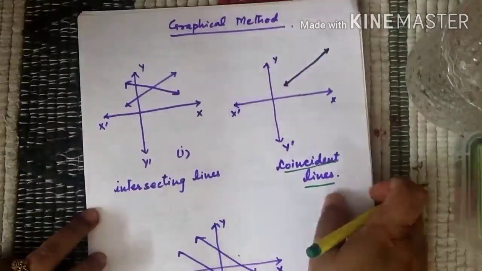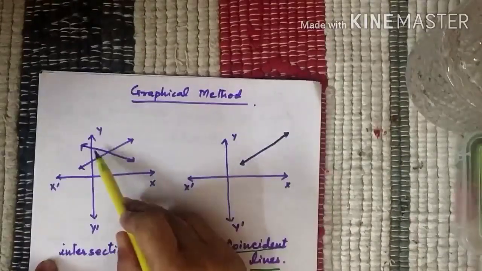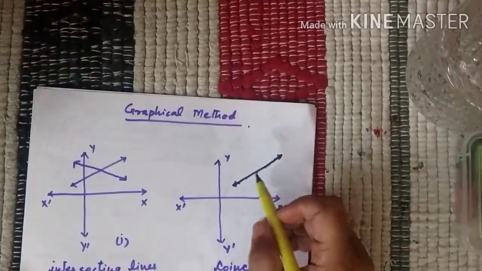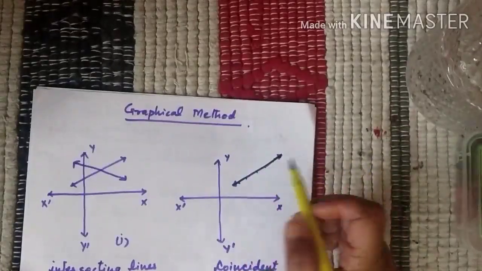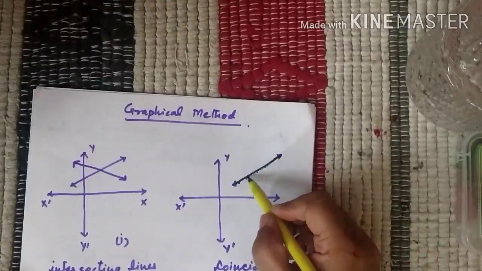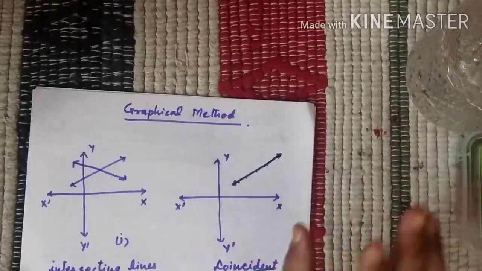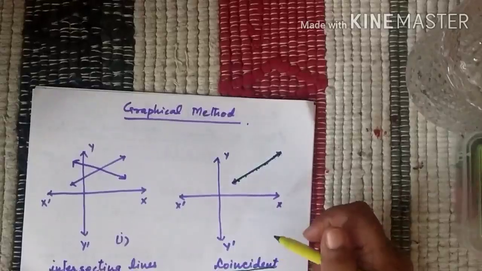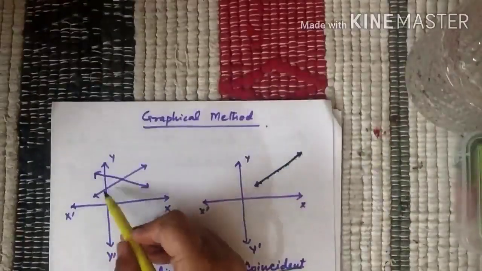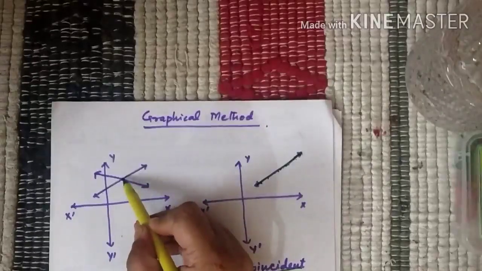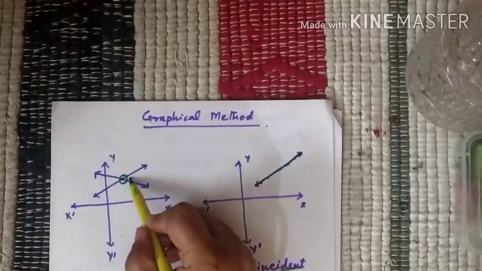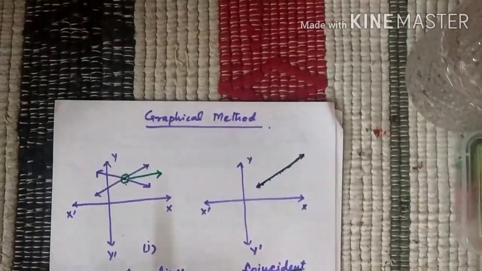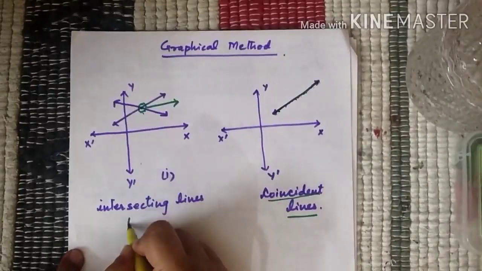Because if we have intersecting lines, the graph of these two equations, we know every point on a line represents a solution. A line has infinite points, and all points on the line represent solutions. So geometrically speaking, every point on the line represents a solution. Now when we have two intersecting lines, we have this point common. This point of intersection is the common solution for both the equations. So in the case of intersecting lines, we call it a unique solution.